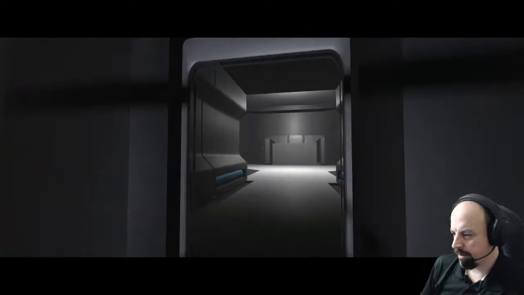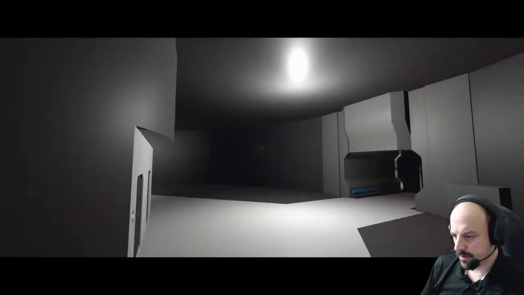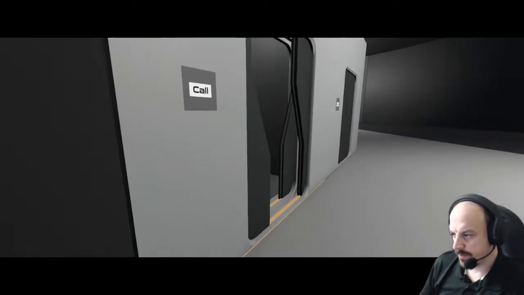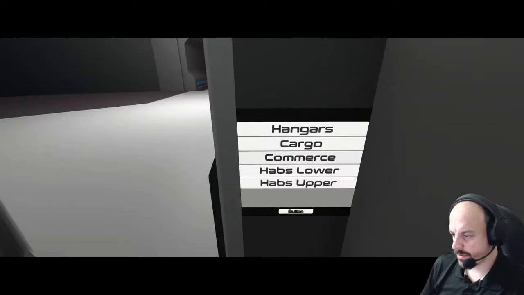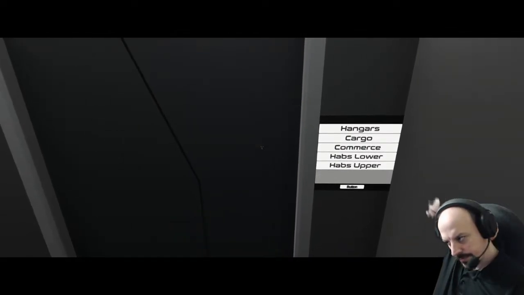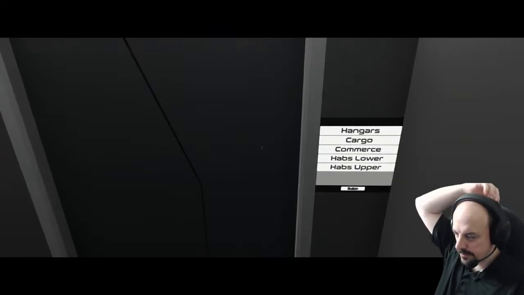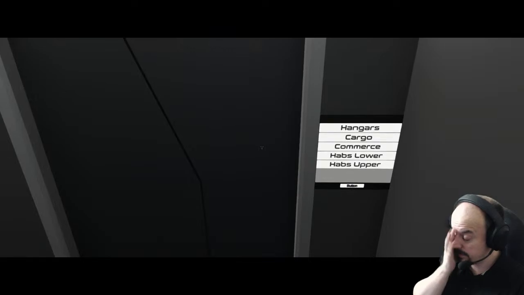Wonder if we're getting NPCs. And this one upstairs. Let me just go to the commerce. I'm just curious if we have any of them walking around.